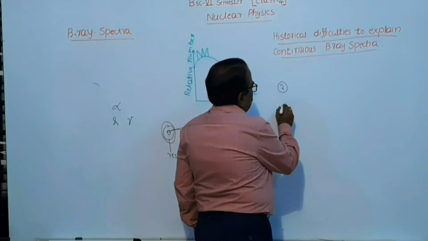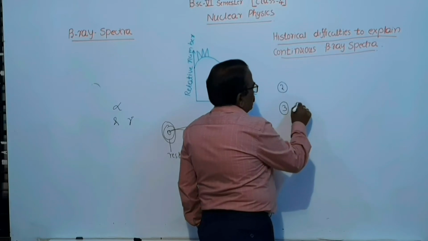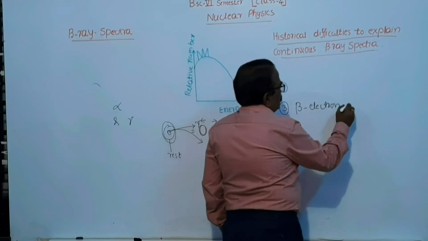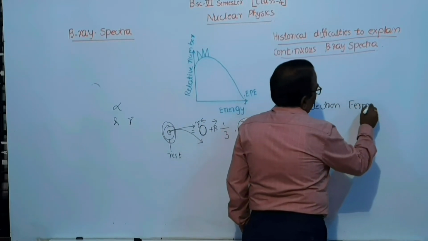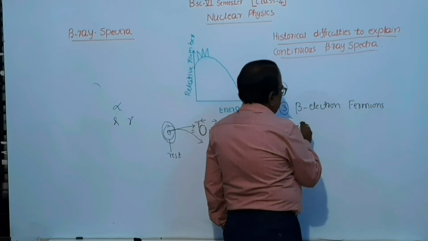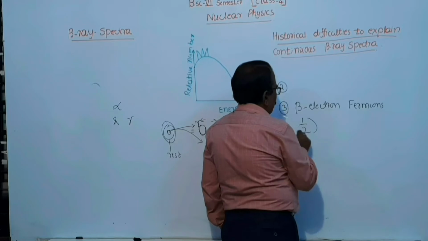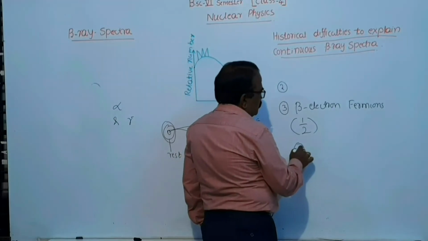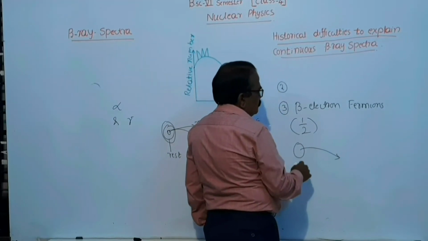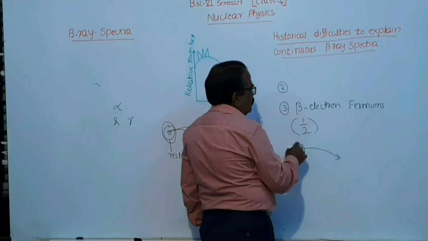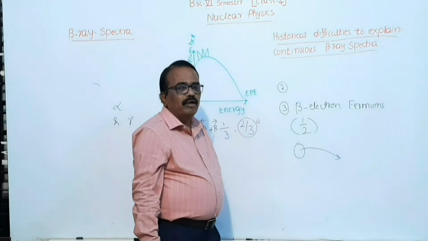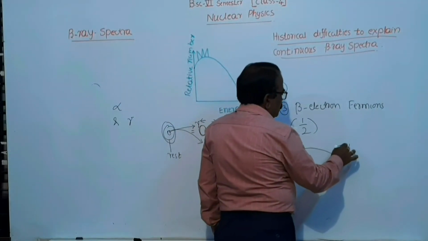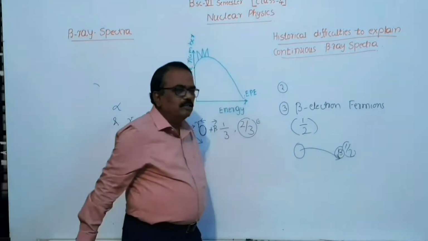And the third point is, beta particles are nothing but electrons, or sometimes called fermions. They possess spin half. It is angular momentum. So when beta particles come out from the nucleus, the spin has to be decreased by a half integer. Because the beta particle which comes out has spin half, the original spin has to be decreased by half.